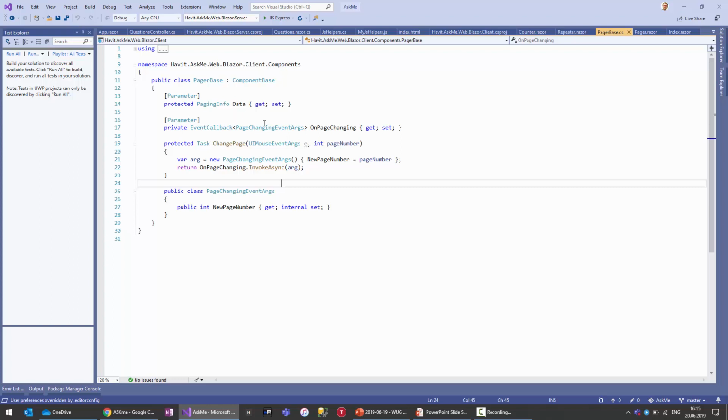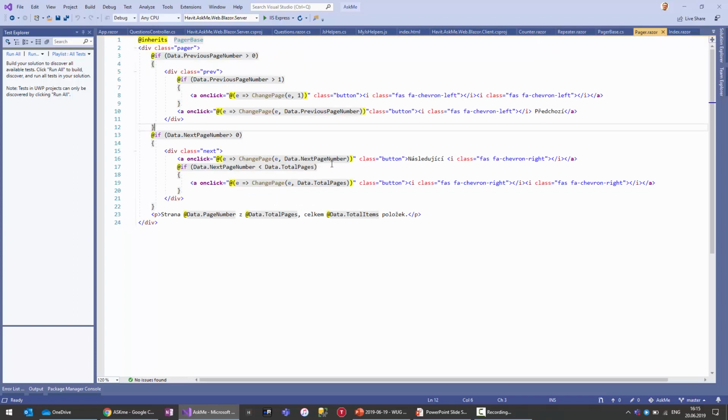It's a generic type, and the type parameter here is the type of the arguments passed within that event. So for example, this simple pager component gets some data and renders itself using this HTML code or Razor code,